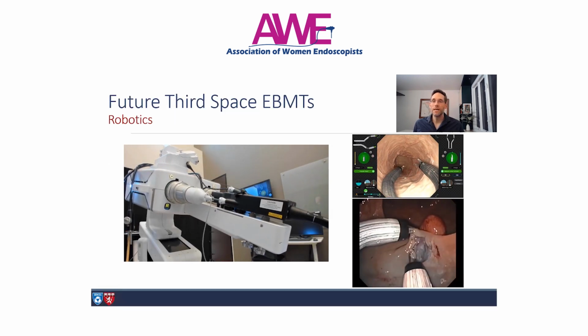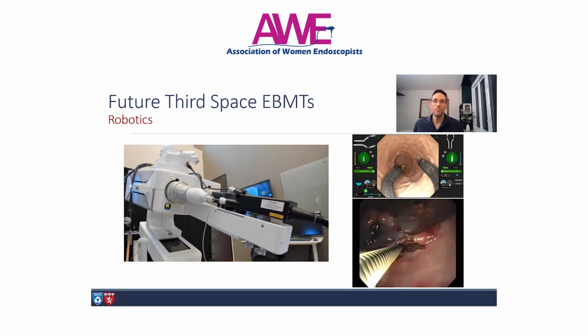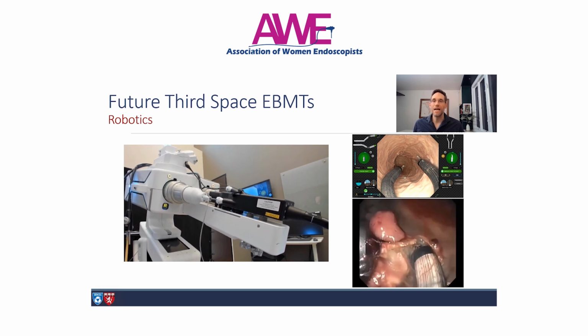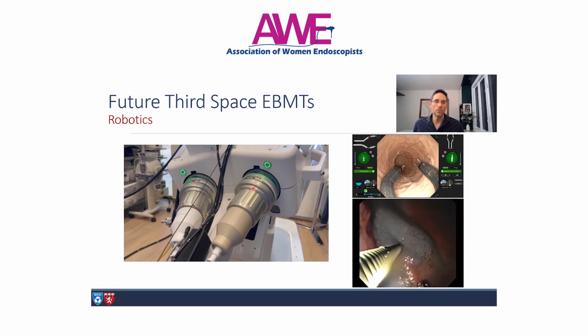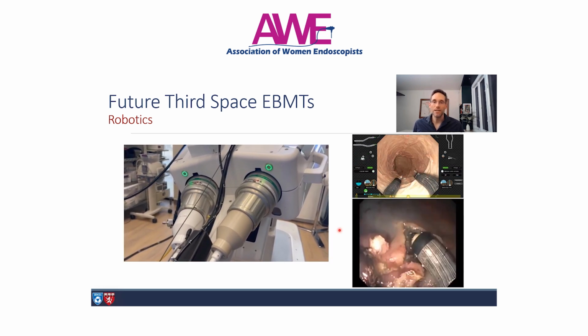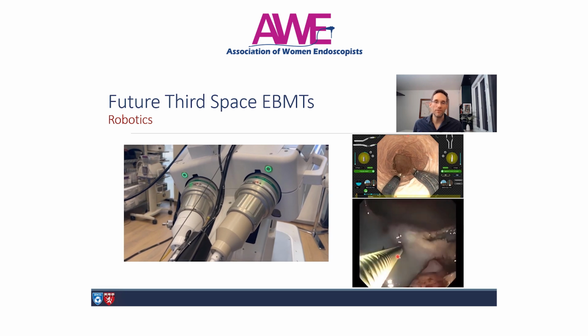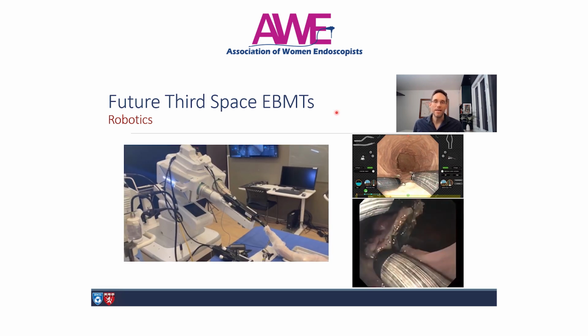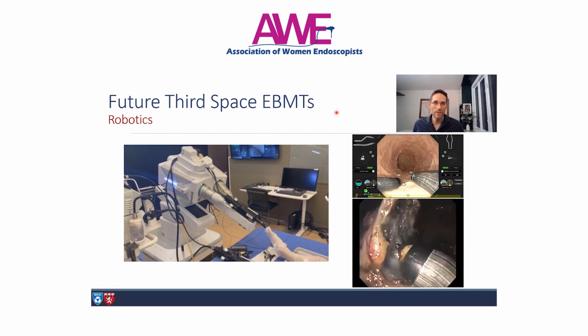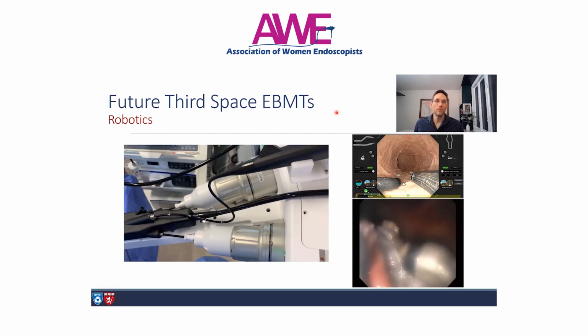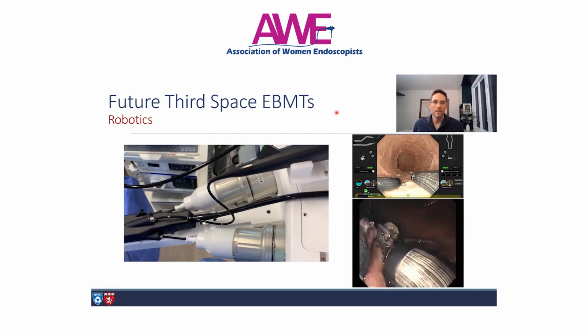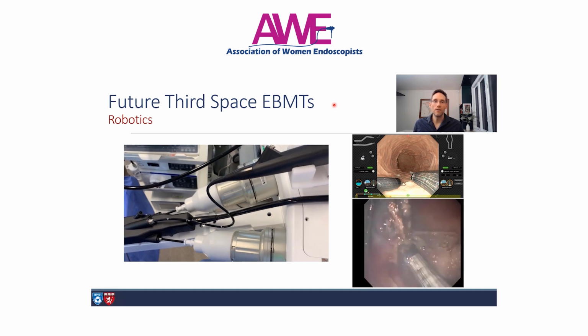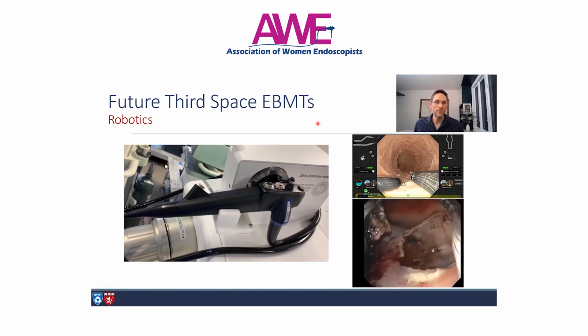And certainly, depending on your skill set and your training, these procedures could be challenging. However, technology is on the way to help with that. And this is a robot that we have in our lab that is going to be in clinical trials very soon for ESD of colonic lesions. However, we're also developing an ESG procedure that can be done with this. And it also is capable of doing a tunnel myotomy. So this might be something where we can do a faster, more efficient GEM procedure, or even potentially do some